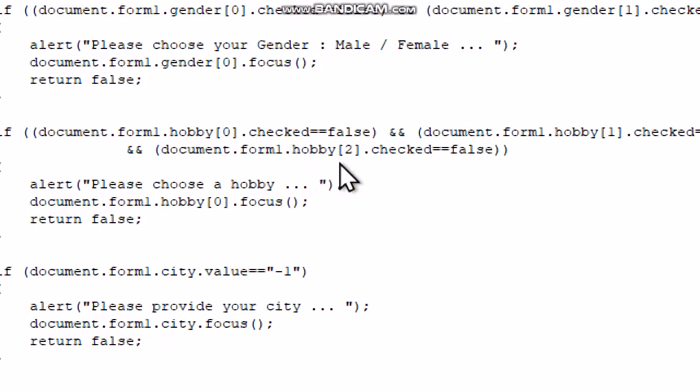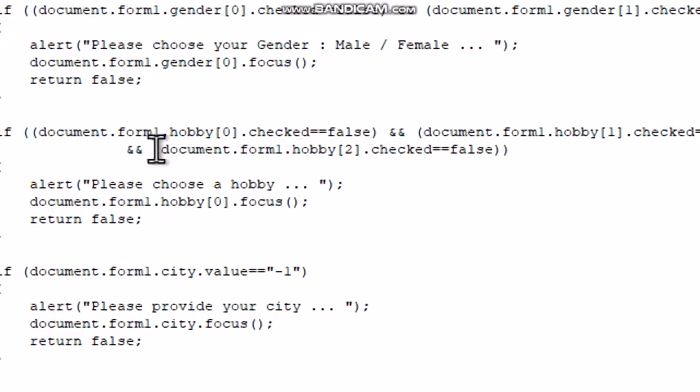By using this if condition, we are checking whether hobby 0, that is the singing element, hobby 1, that is the dancing element, and hobby 2, that is the reading element from form 1 is checked, that is selected or not.